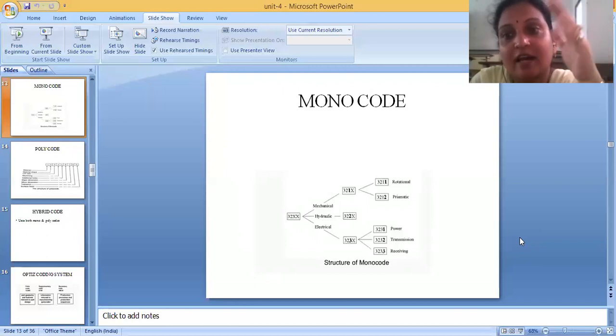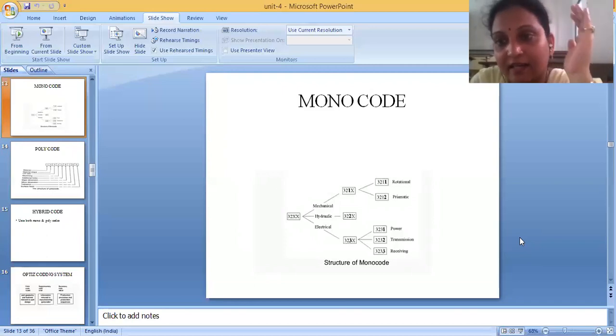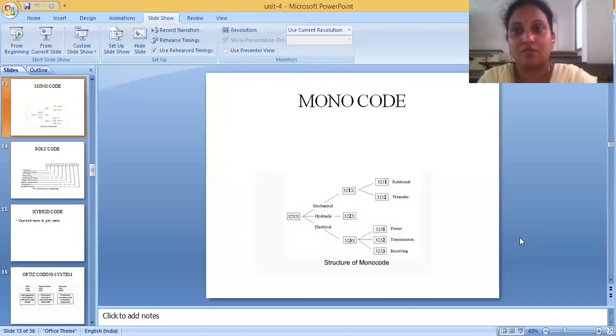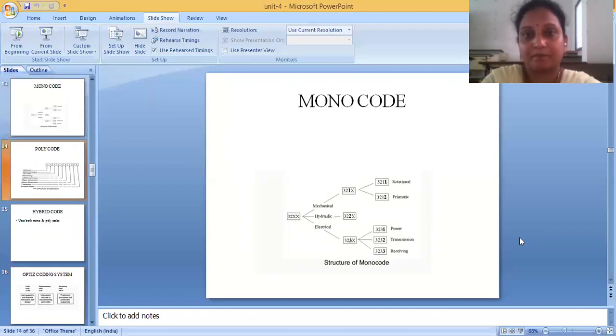If both students have the same first letter, we'll take the second letter. In this way we'll give the roll numbers. So this is a monocode, where it represents everything, the logic from first to next till the last. This type of logical coding, where there is an interlink between the previous one and the present one, is called a monocode.